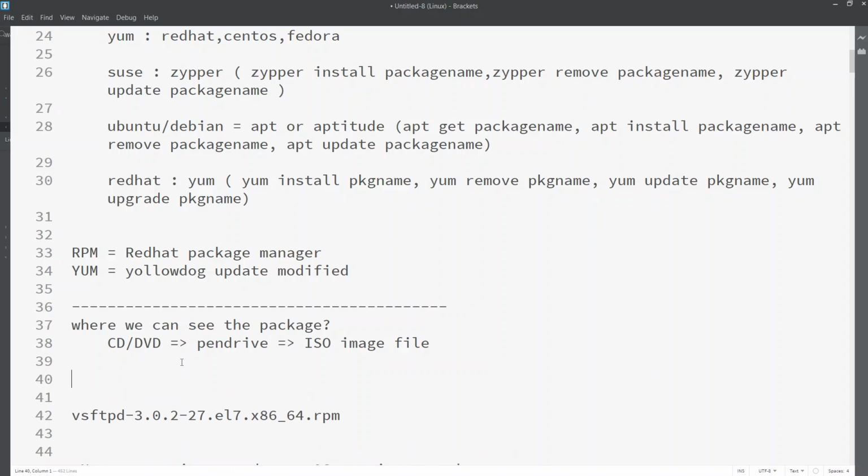Even if you want to install Ansible, or some other third-party RPM packages, for example big data applications which are releasing .rpm packages, you can get them, right? So where we get the package means this is one place, and one more thing is Red Hat Satellite Server.